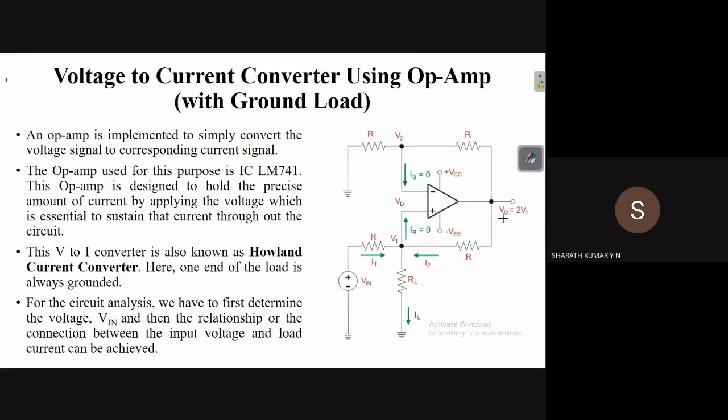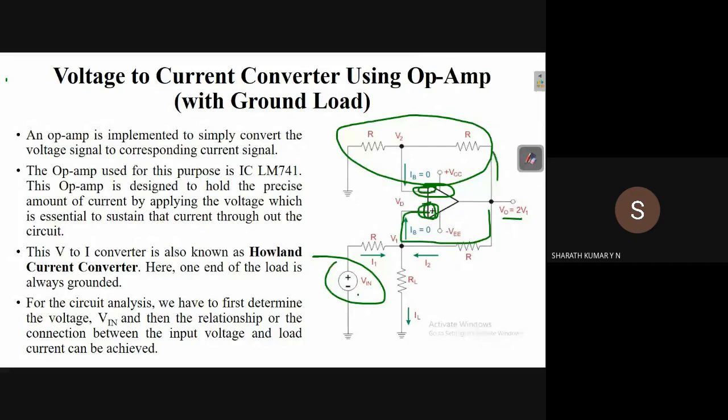Okay, so what is the output voltage? The output voltage is twice the input voltage, because of the gain of the amplifier. Observe this: feedback voltage is given to both the non-inverting input terminal and the inverting input terminal. But in this case, since the input voltage is applied to the non-inverting input terminal, there is both positive feedback as well as negative feedback.